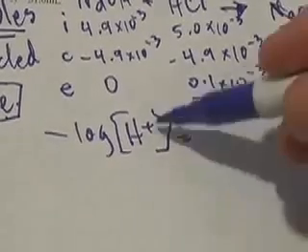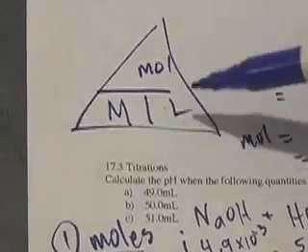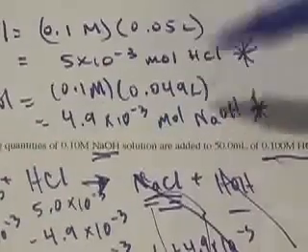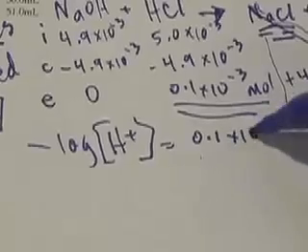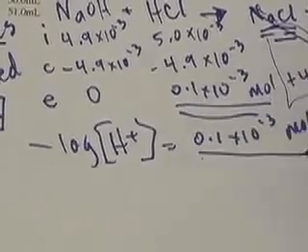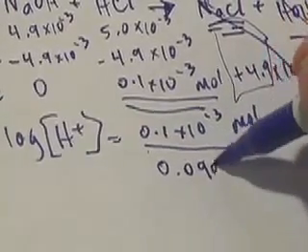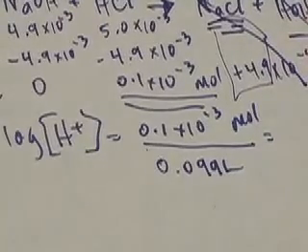So to find the H plus ion concentration, though, you have to go back to the molarity triangle and take your moles and divide it by your total number of liters. Notice our number of liters has changed because we add 49 milliliters of base to 50 milliliters of acid. So 49 plus 50 gives me 99 milliliters. So my concentration will be 0.1 times 10 to the negative third moles divided by my liters, which is 99 milliliters, or 0.099 liters. Divide those 2 critters, and I end up with 1 times 10 to the negative third